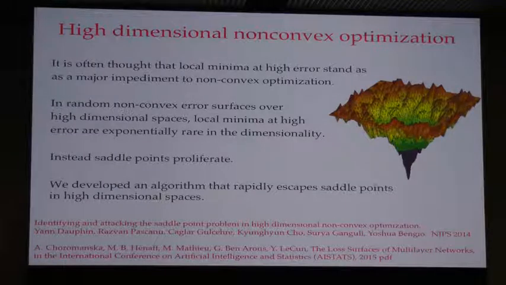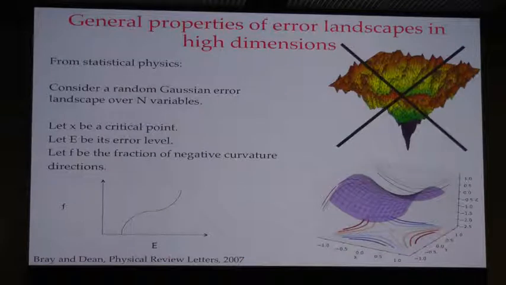This is work that was reported here, and Anna Choromanska and colleagues have also done related work using a different perspective, a mapping to a different physical system. But they have largely similar conclusions. The way that we approached it is we don't really understand the error landscape of deep neural networks, so let's just think about generic properties of what occurs in high-dimensional spaces. And this was worked out by a pair of physicists in Physical Review Letters 2007. And they looked at the following.